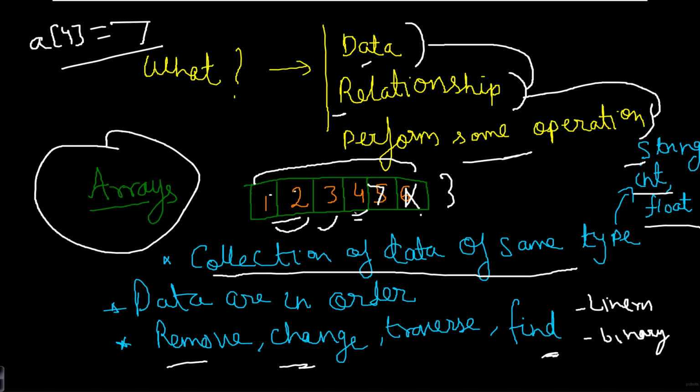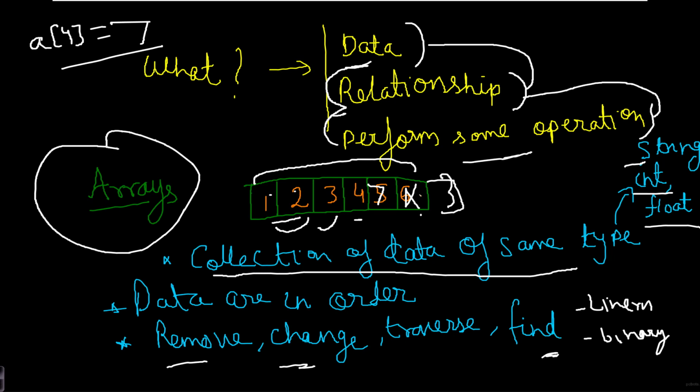So this is what is meant by a data structure. We can store our data, and all those data should have some relationship among them, and we can perform some operations on it. Because if we cannot perform operations on our data, then the use of a data structure is useless, because what is the need of just storing something when we cannot use it? So that is why we must be able to perform some types of operations on them, like adding elements or deleting elements or just changing some values.